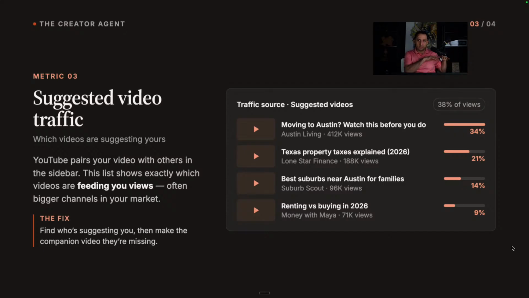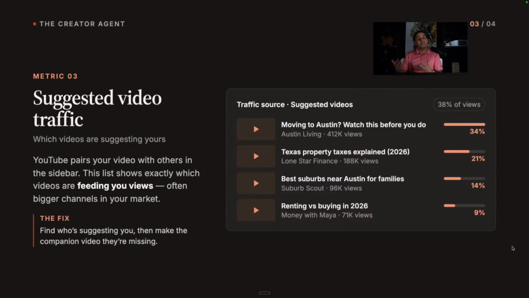Search traffic is when somebody is searching on YouTube, like how to buy a house. That's search traffic. Browse traffic is when somebody logs into their app and sees videos already there populated for them. That's browse traffic. Suggested traffic puts your videos at the end of videos, at the side of the videos that somebody else is watching, or at the bottom of the videos if you're on mobile.